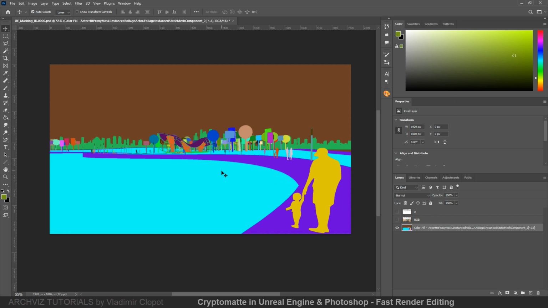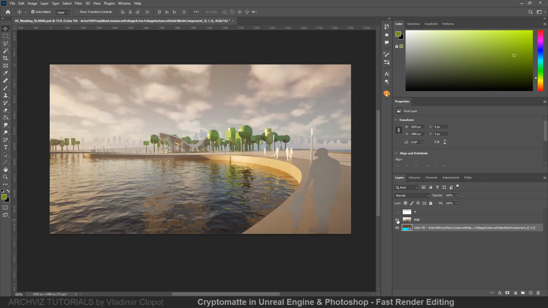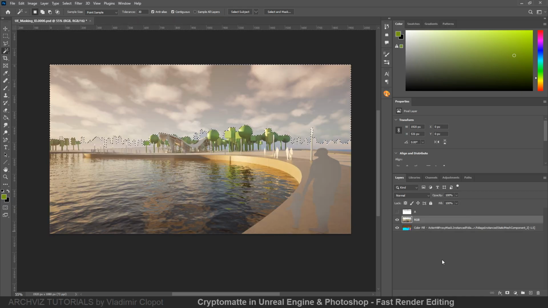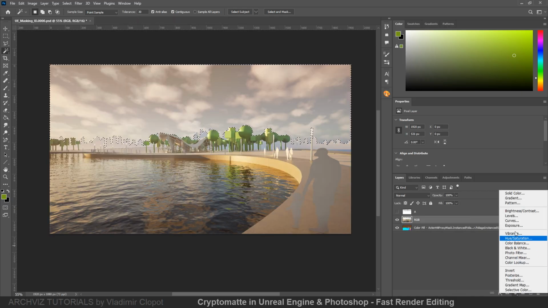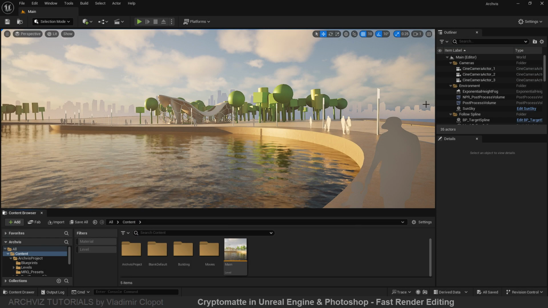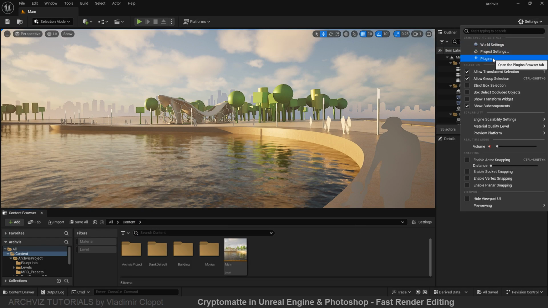In this tutorial, we will go over how to create Cryptomatte masks in Unreal Engine. This type of auxiliary image is also known as Mask ID, Object ID or Material ID mask. Cryptomatte allows you to quickly select and edit individual render elements, significantly speeding up workflow and making visualization post-processing more flexible. As an example, we will use the standard ArchViz template.